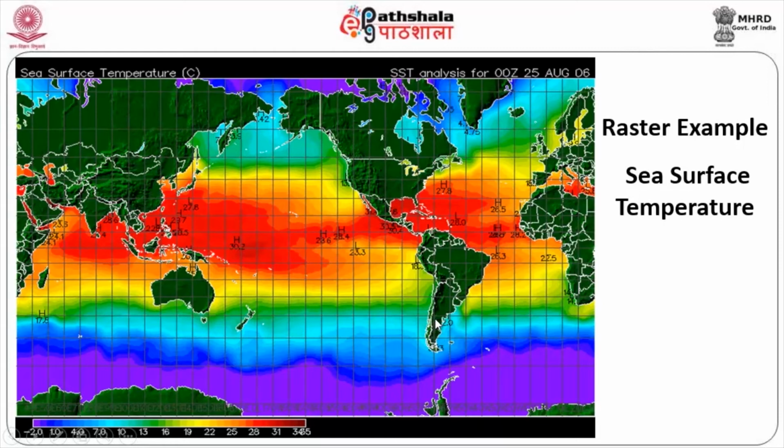Of course, this can also be provided by a raster if you increase the cell size, because to represent the entire world it is very difficult to have very fine resolution. It will go into trillions and trillions of data. The significance here is the sea surface temperature, which we call SST. Sea surface temperature is a must for most of the things happening on the sea. SST is important for fishing purposes, though it will not be directly relevant here.